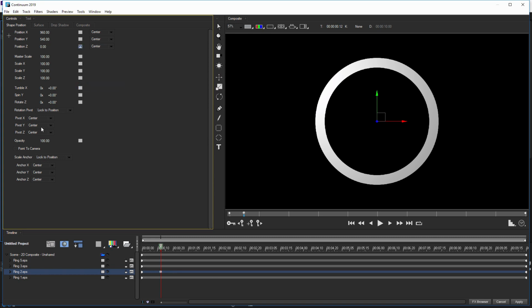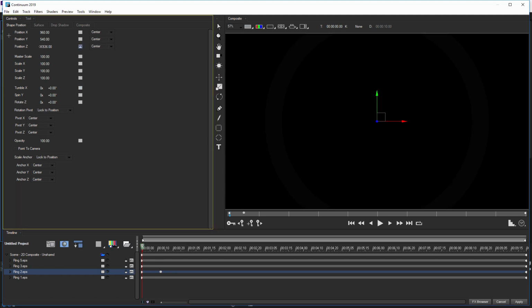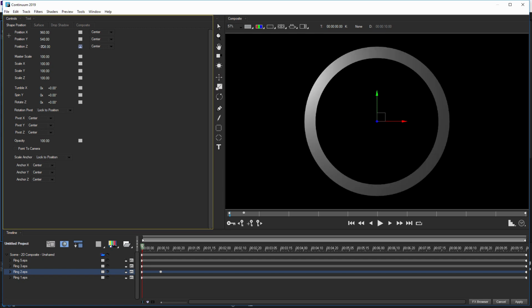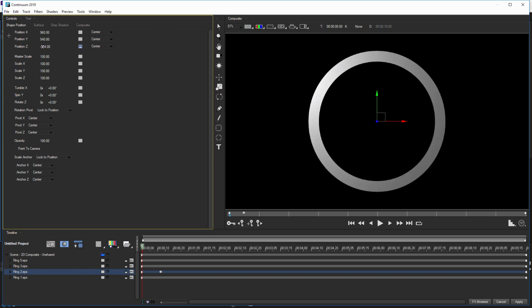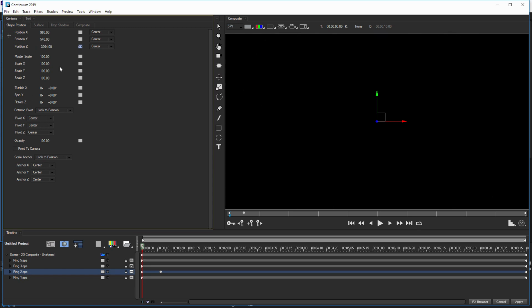Let's add an ease in, ease out. Come to the start. And I can add another keyframe in here, ease in, ease out. And just reposition this so it's outside of the view of the camera. About minus 3,200 something. That should be all right.